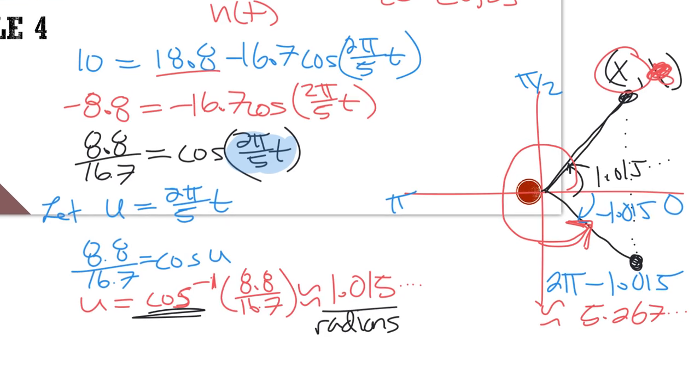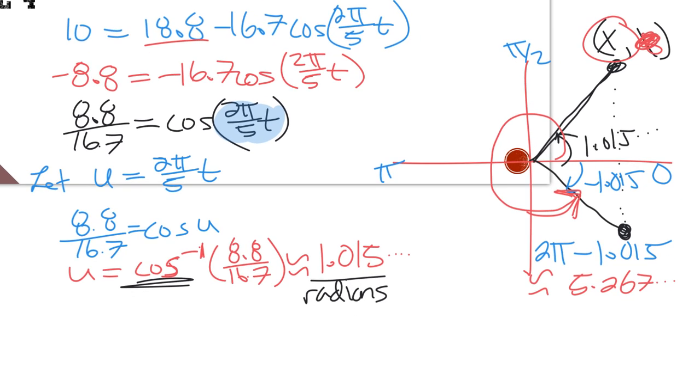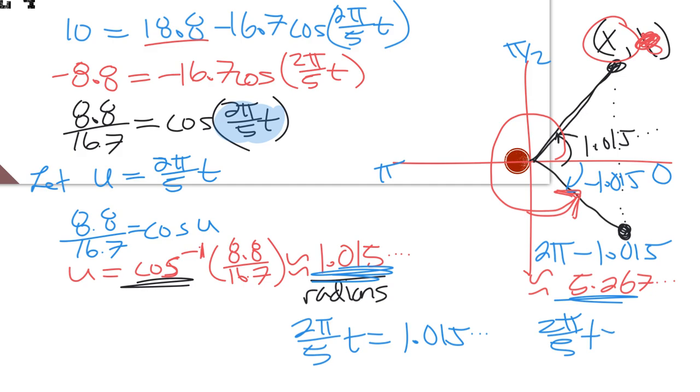Now, all we have to do is solve for t now. So you take this 1.015, and put 2 pi over 5 t, is equal to this 1.015, and we put in this 2 pi over 5 t, is equal to this 5.26. Again, you'd want to use all of the decimals or maybe 4 or 5 of them, and then you would use the actual pi symbol and then divide all this side by this 2 pi over 5 to get our